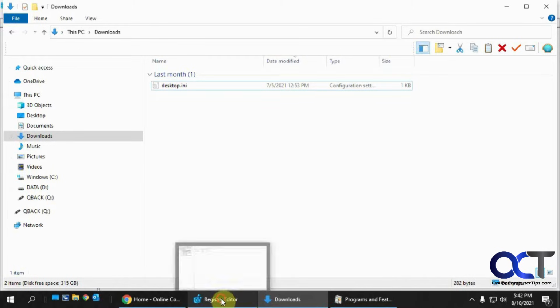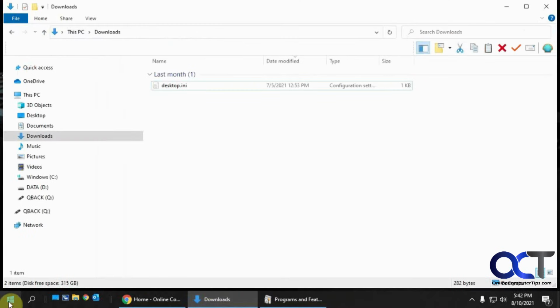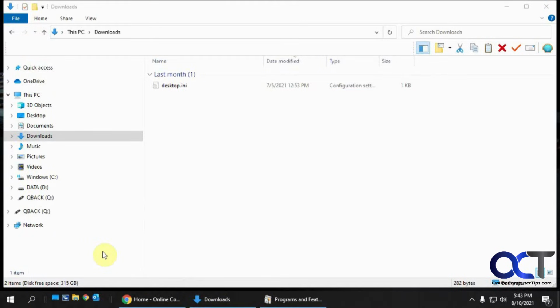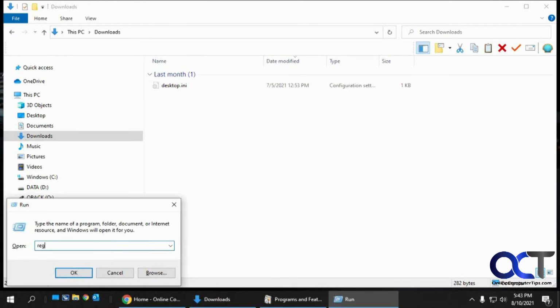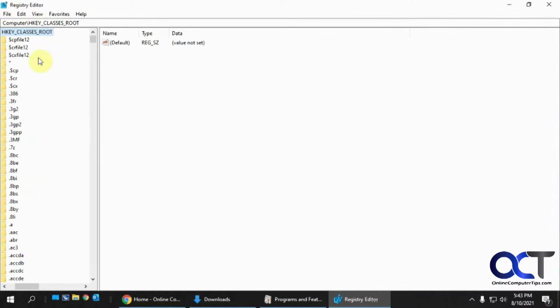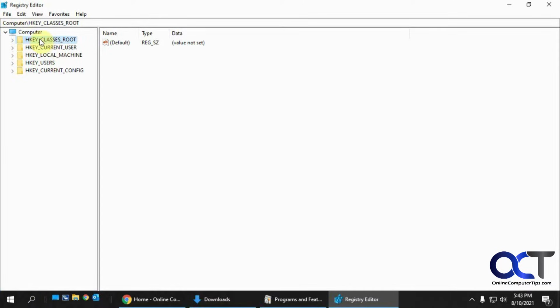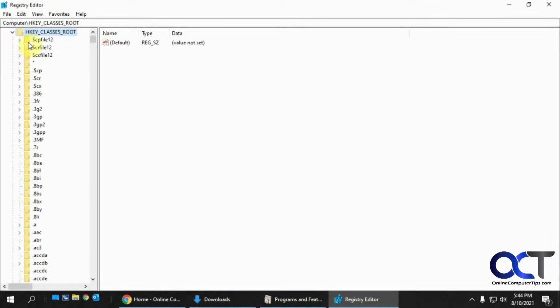So I have the registry editor open here, but if you don't know how to get to it, you could click on Cortana or Start here, or you could press the Windows key plus R to bring up the Run box. Then you could type in regedit. Say yes to the prompt if you get one. And now you'll notice you'll have several keys here, 5 different keys. What you want to do is go to the first one, HKEY_CLASSES_ROOT, expand that, and you want to browse down to